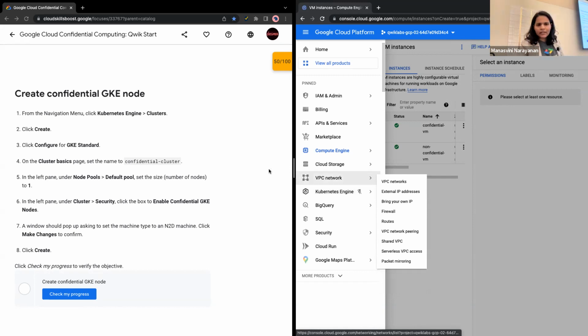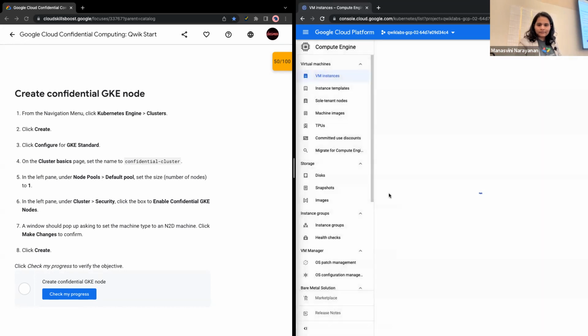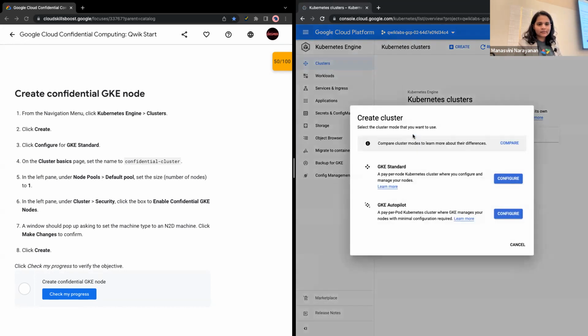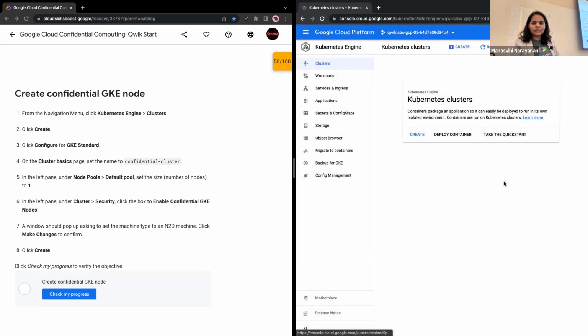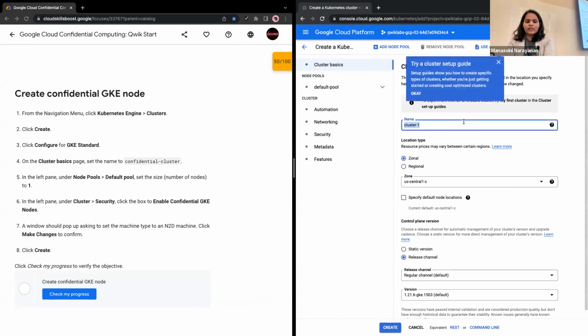So let's go to Kubernetes engine, click clusters and say create. Just create the standard one and say configure. I'm going to name this confidential cluster.